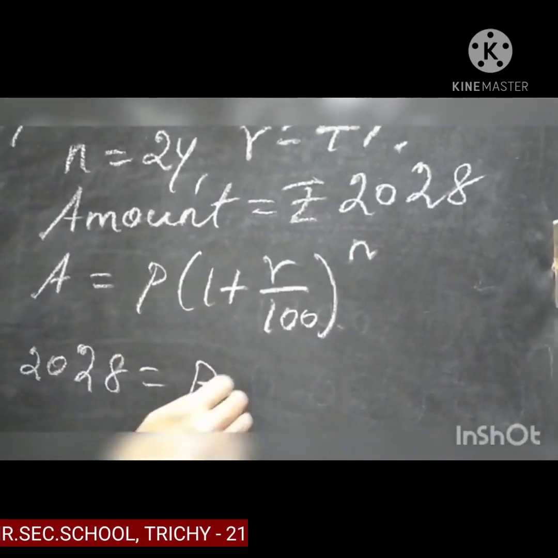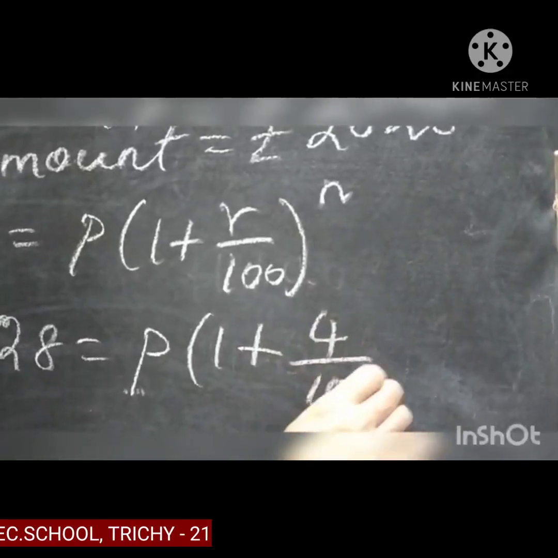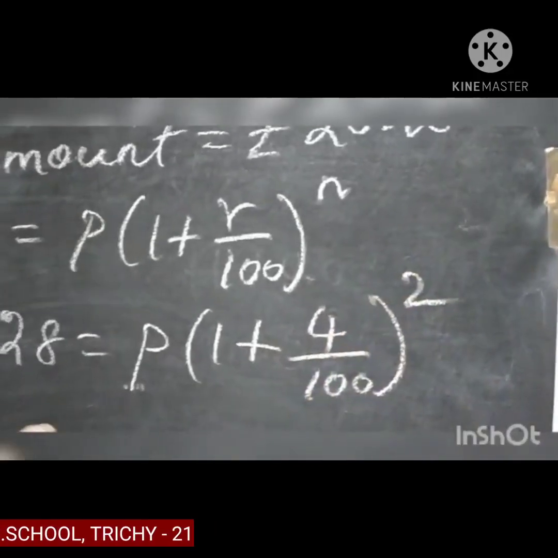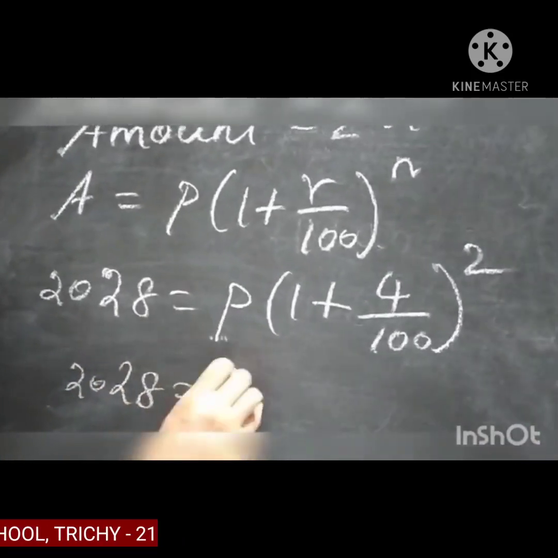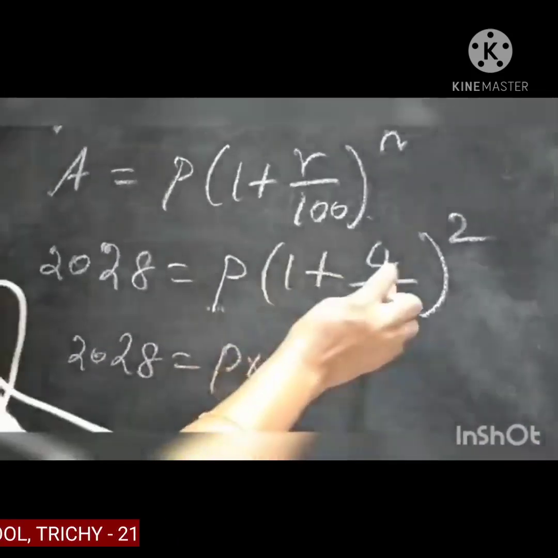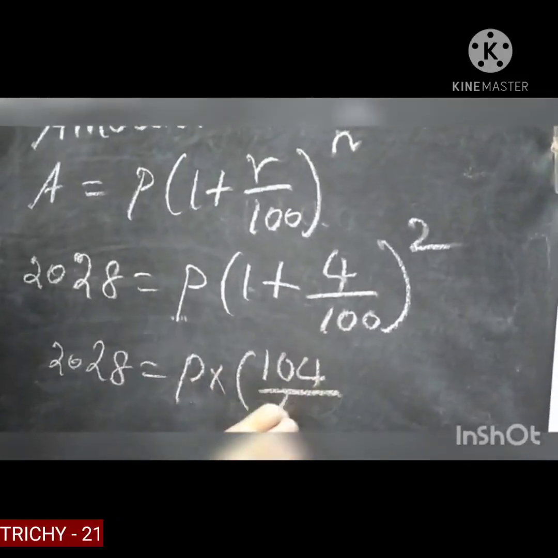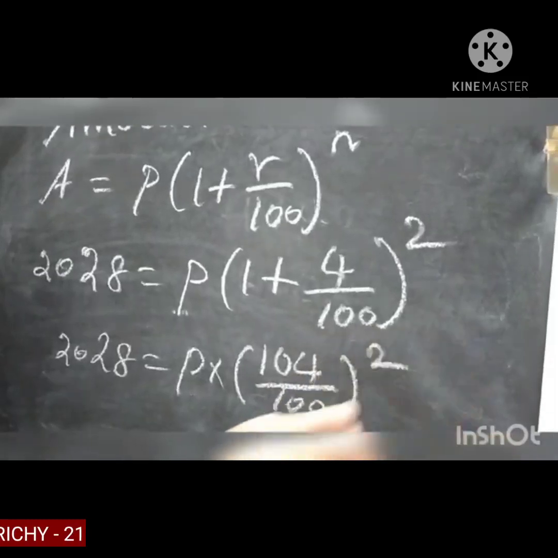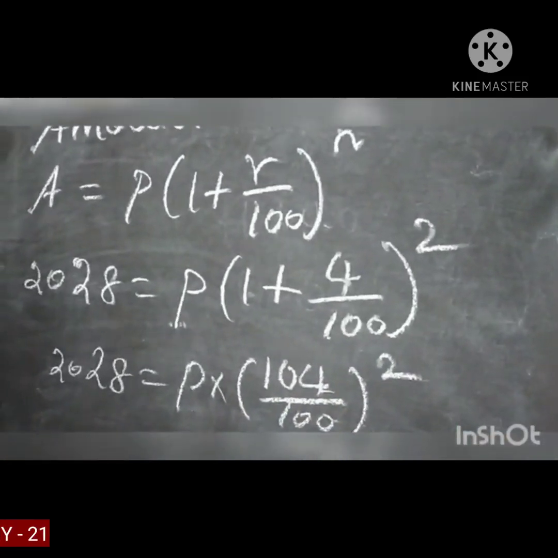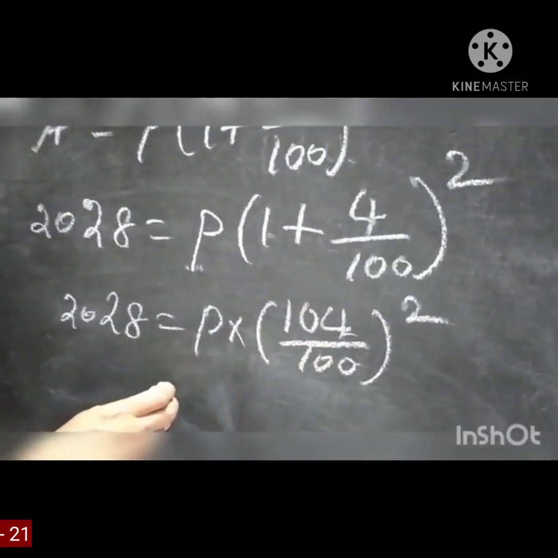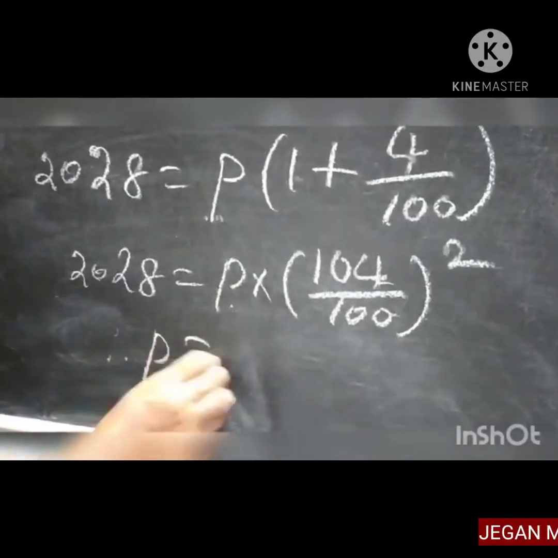You want to find this principal amount. 1 plus R is what? 4 by 100, the whole power number of years, that is 2. So 2028 equals P into, here you can take the LCM, 100 plus 4, 104 divided by 100, the whole square. Here you can do the cancelling. Otherwise you keep it as it is and then do the cancelling. Therefore you want the principal amount P equal to